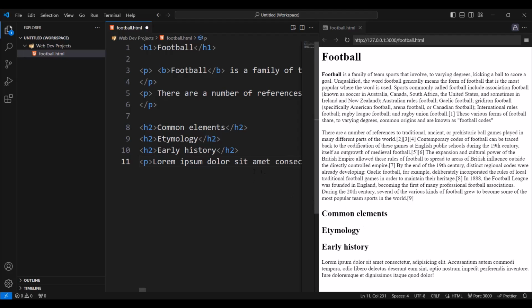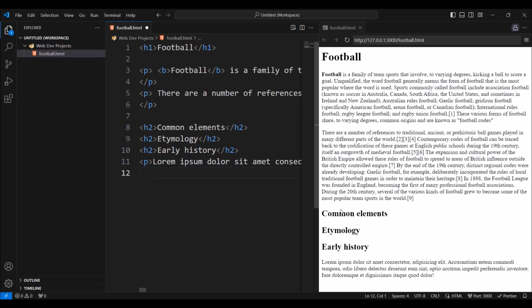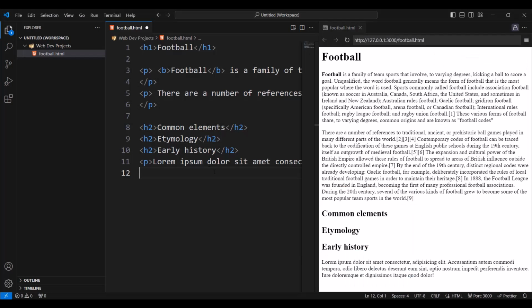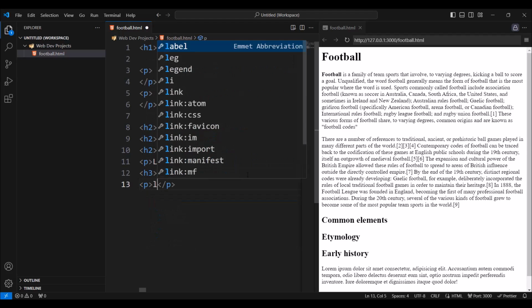Now let's add an H3 heading. So let's go here. Let's copy this, ancient games. Let's put H3, ancient games. Let's also add some lorem ipsum, P. Let's type lorem.